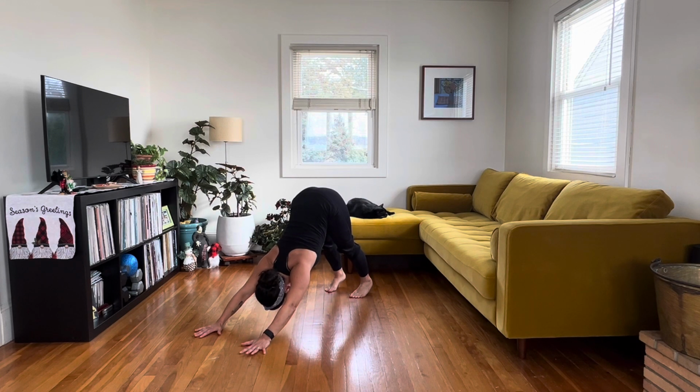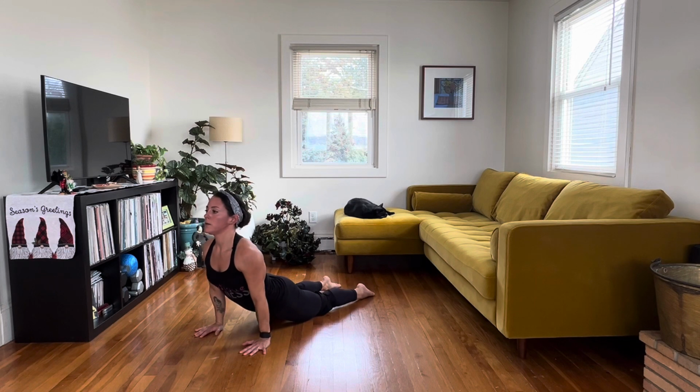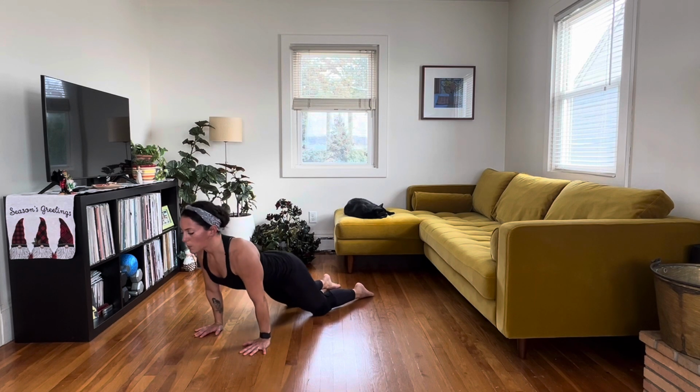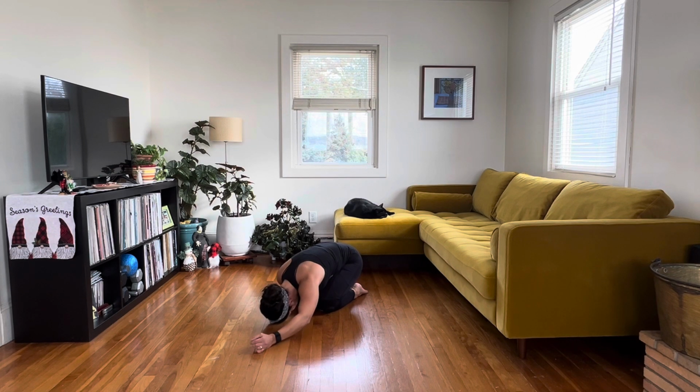Hips up for your down dog, shifting forward and then raising up into your strong, solid cobra and back into child's pose. Take your time here in child's pose, sinking down nice and low, reaching up with those arms. And when you're ready for full relaxation, send your arms back so they're resting along your legs, resting your head